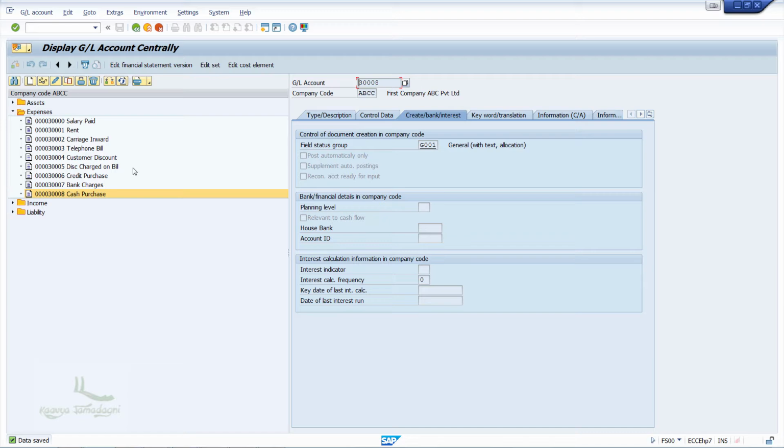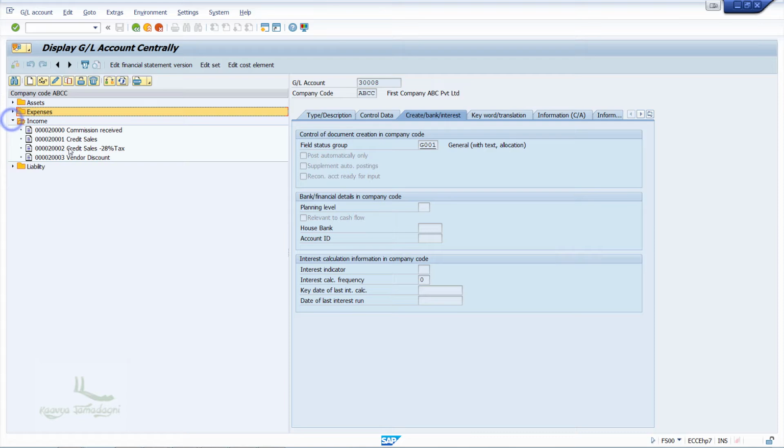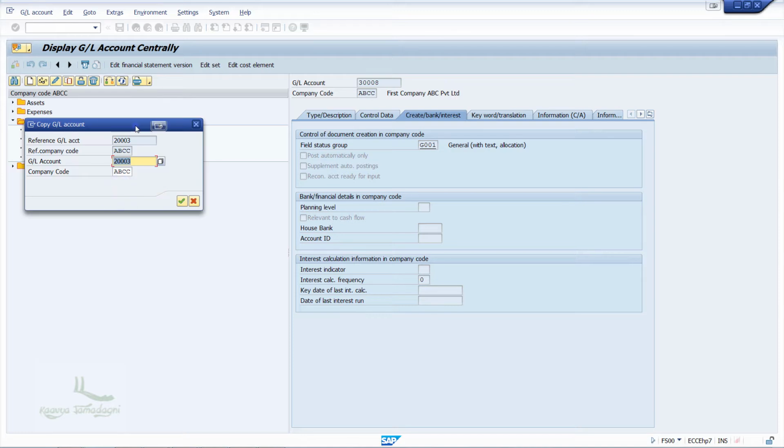Yes. Now, to perform the sales, we need to create the cash sales account under income account group. So, I'll expand the income account group and right click on the vendor discount account and click on copy. Here, enter the new account number and press enter.